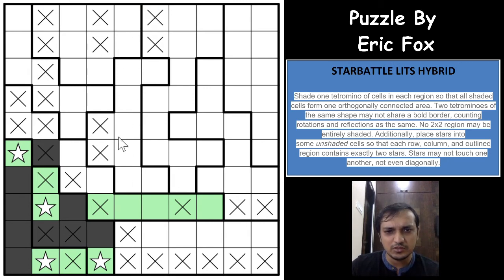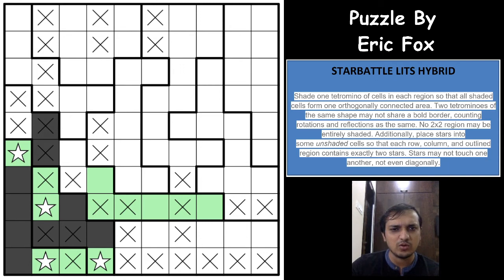Which means that one star will be here, one star will be in one of these 5 cells, so this is not a star again, which means that one of these stars will have to be in either this cell and this cell, which eliminates both of these cells as stars. Excellent. Okay, this cannot be a tetromino cell, because then both of these cells will be eliminated as star cells. So this cannot be a tetromino cell. This would be a tetromino cell now, and this cannot be a tetromino cell again.